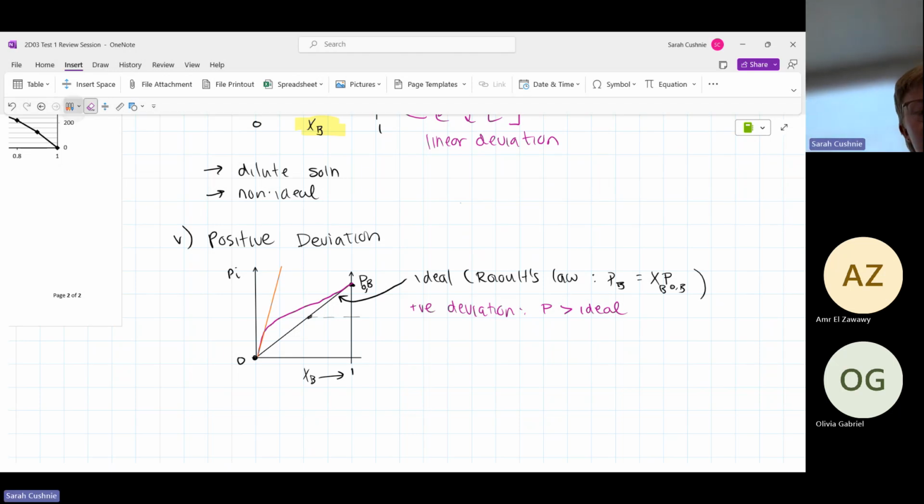And then Henry's law, remember, I drew this here. This is just Henry's law as we stated before, that it behaves linearly in very dilute solutions, right? So at the very start, it has a bit of a linear behavior here. This occurs, so positive deviation essentially means that